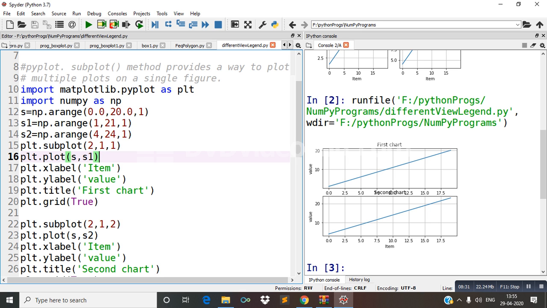For the first plot, and subplot means 2 comma 1, 1. What is its meaning you know, and plt.xlabel, plt.ylabel, and plt.title, first chart. Okay, all these things you know.